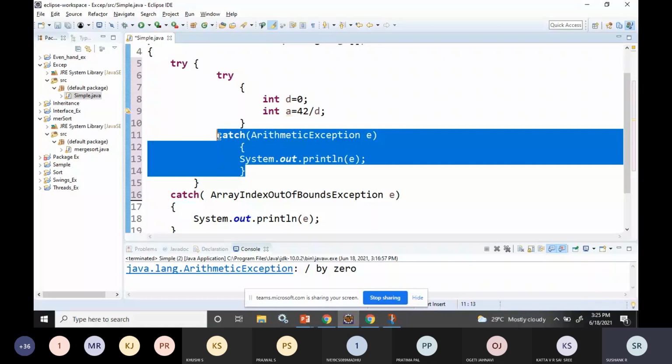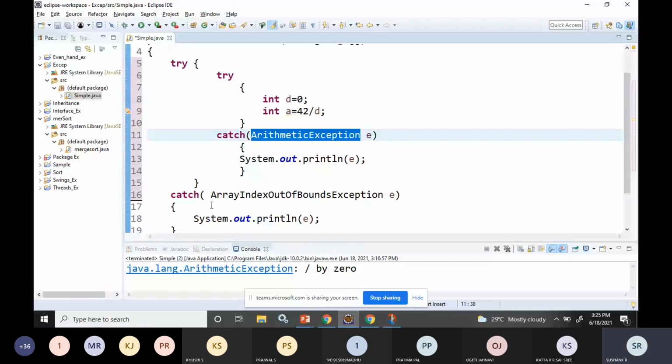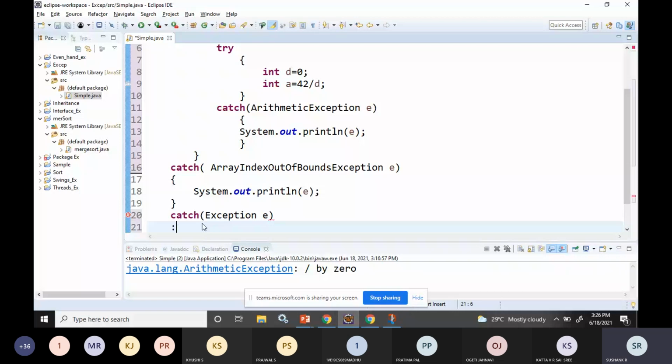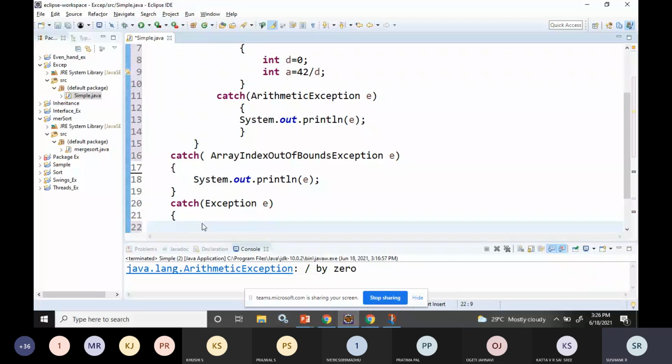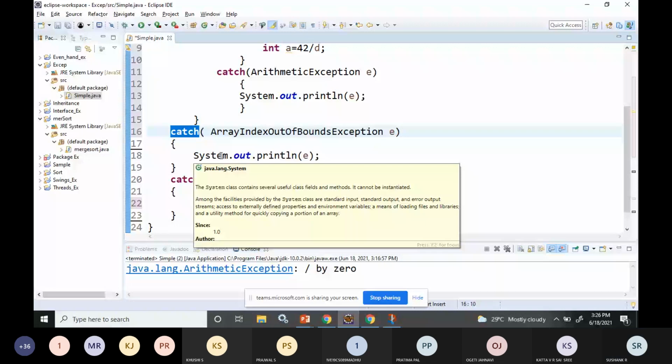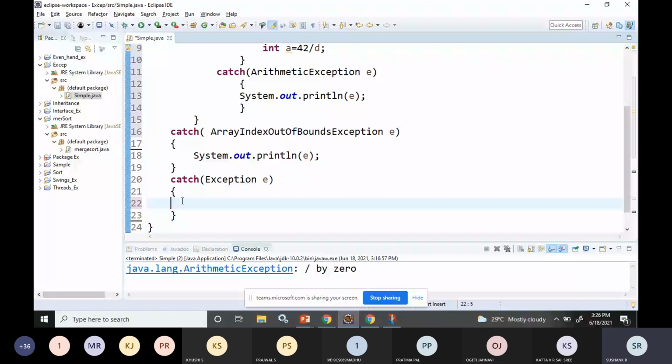If this is not able to handle the exception, it will come outside this block and look for the catch outside this block, which is at line number 17. Even at line number 17, if it is not able to handle the exception, and if you have one more catch, again it will check this. Even if the catch block at line number 16 is not able to handle it, it will continue further until the exception gets matched. If none of the catch matches the exception, it will be handled by the Java runtime system.